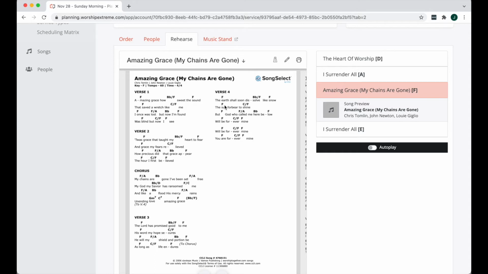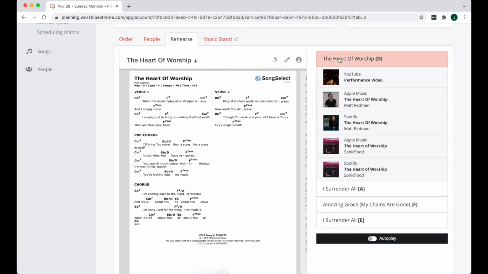that they're scheduled for. Now, if I click on Heart of Worship, you'll see that there are a couple of media options here, namely this Matt Redman version and the Sonic Flood version. That note that I left on the service item tells my team to prepare the Sonic Flood version for this particular service. Now, typically, once you have your selections chosen, you probably won't need to mess around with the selection